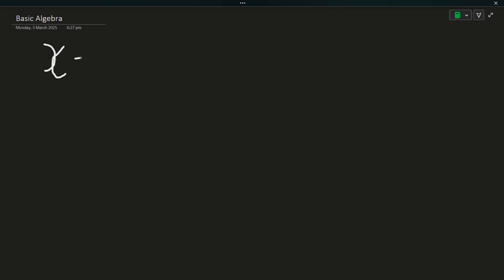So that's x. Just to confirm, my drawing is very bad. x plus 5 is equal to 9, right? Let's say that's a 9. So how we do this is basically following the golden rule, and the golden rule basically states, to make